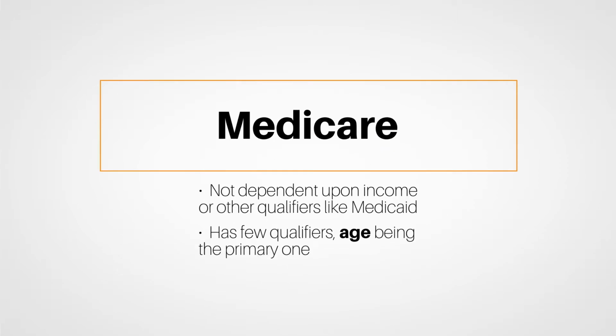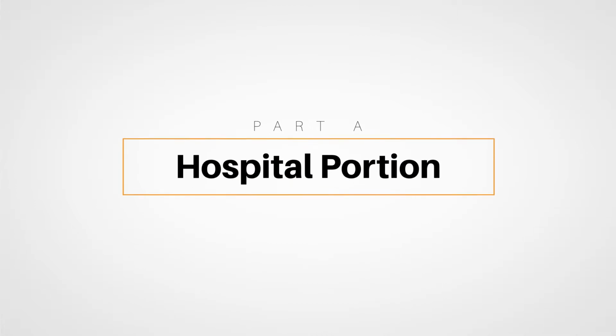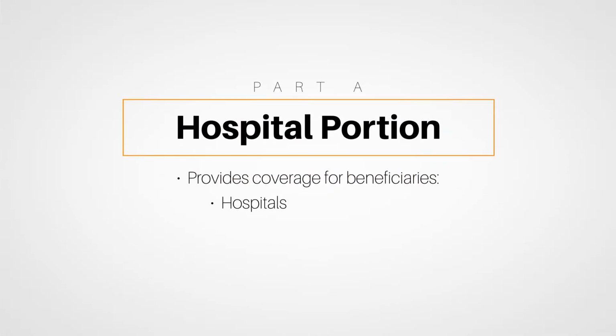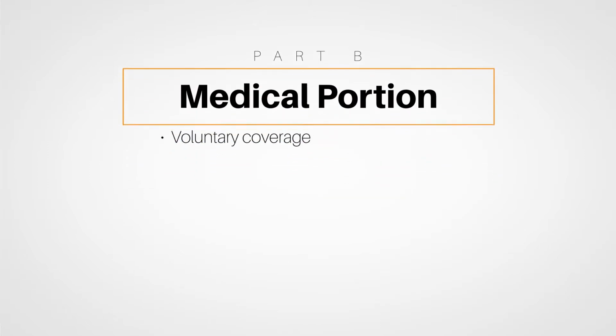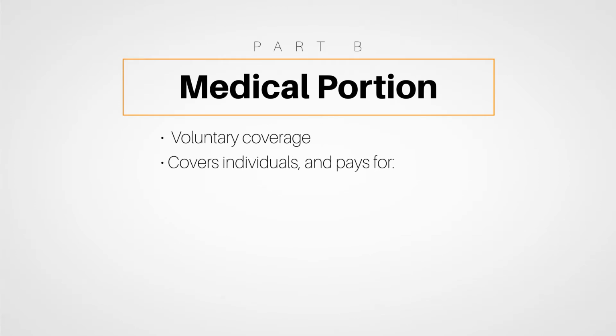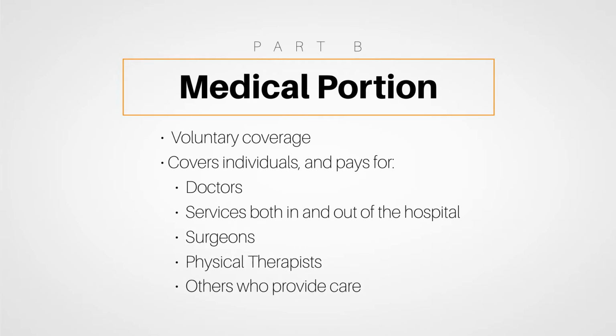It's important to understand the differences between Medicare Parts A and B. Part A is the hospital portion of Medicare: hospitals, skilled nursing facilities, and the like. So relate Part A with facilities. Part B is the medical portion of traditional Medicare and is voluntary. Relate Part B of Medicare to people. It pays for doctors, services both in and out of the hospital, surgeons, physical therapists, and other people who provide